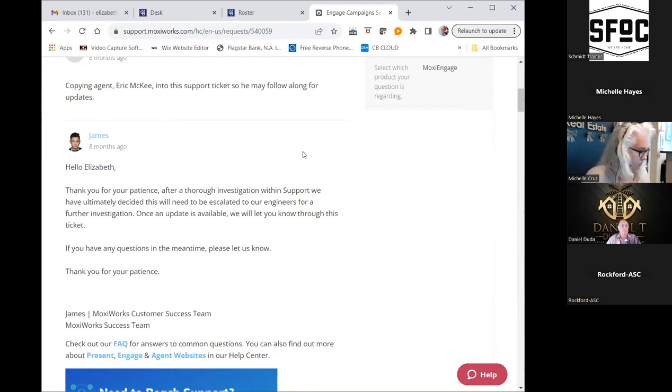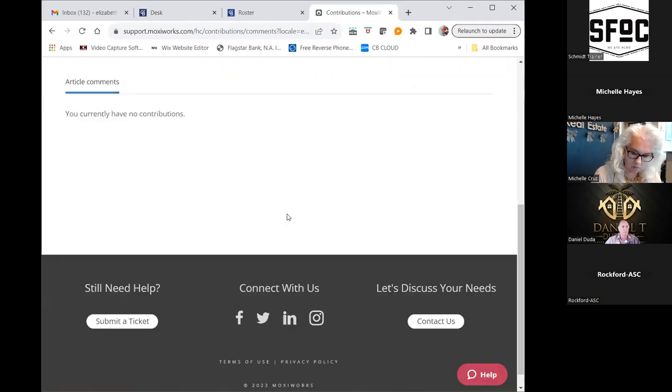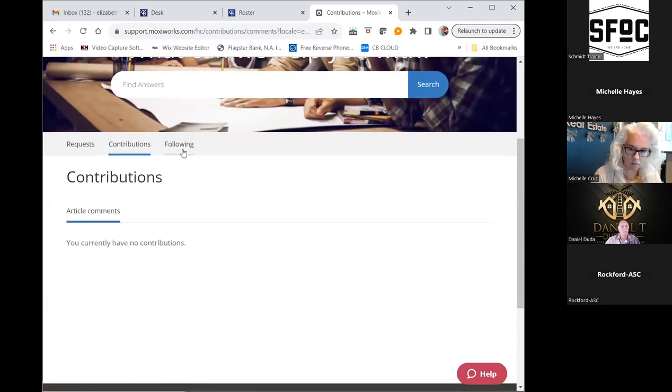So if you have an issue that's kind of ongoing for whatever reason, you've got that great place to jump in and have all of it in one location rather than digging through emails if your emails are separated. You also have the option of clicking on some other buttons here that you guys will see in here.